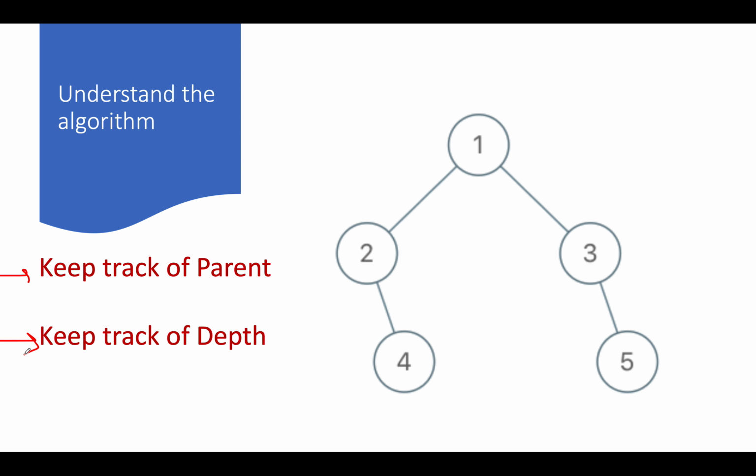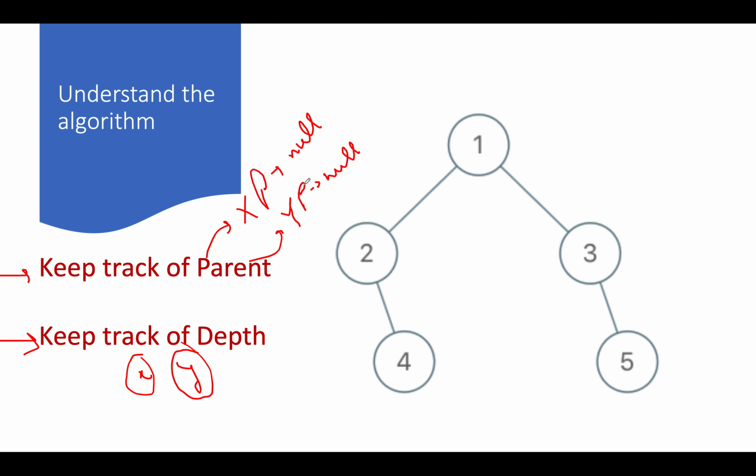So let's get started. The question itself gives the hint that we need to keep track of the parent, we need to keep track of the depth for any node, either x or y. Therefore, it's definite that we need to create two variables, one to store x's immediate parent, xp, the other one to store y's immediate parent, yp. And initially, let's define both of them as null. This is pretty simple and straightforward. One signifies the immediate parent of x, the other signifies the immediate parent of y.